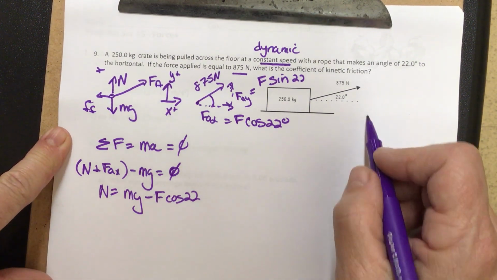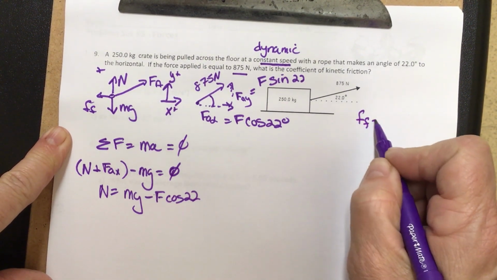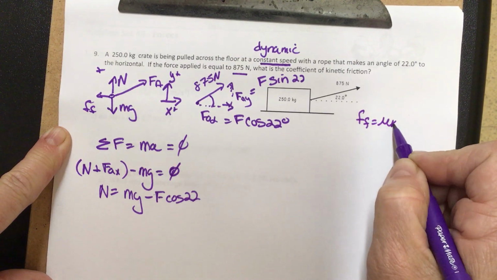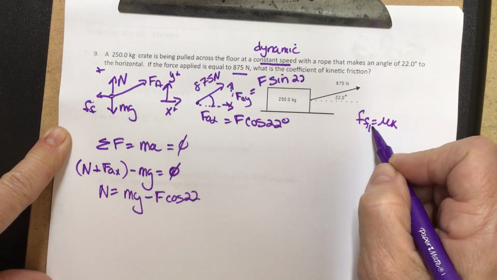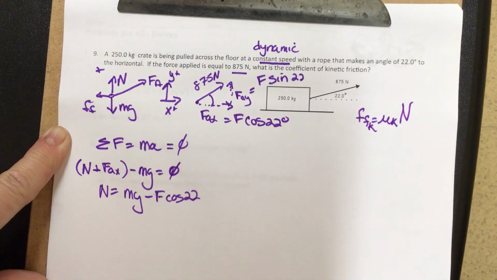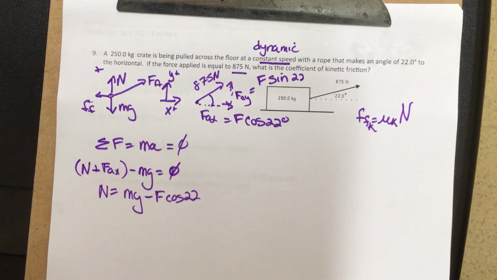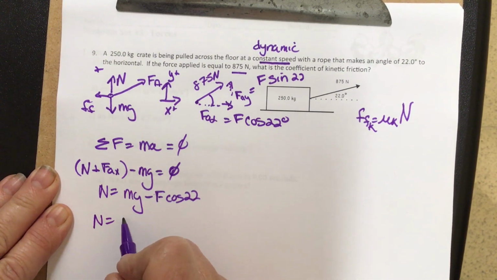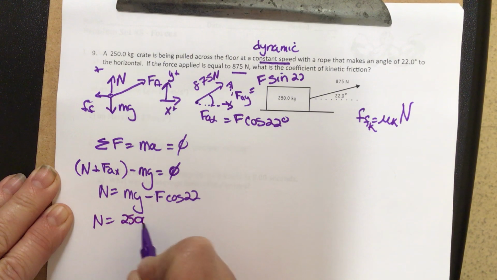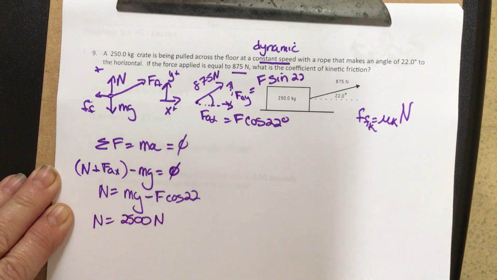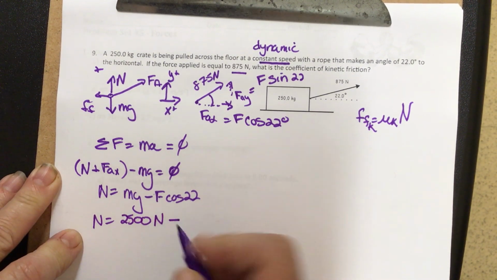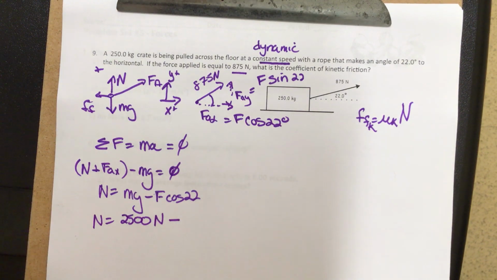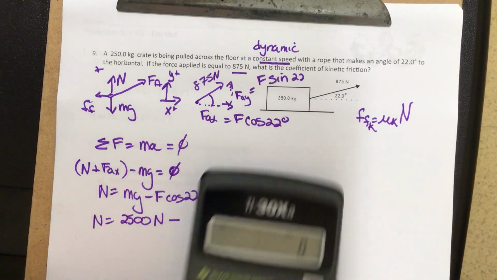And one thing we do know is that friction is equal to mu, and this is kinetic, of course. So that's the friction kinetic times the normal force. So it requires us then to solve for something in the y direction. All right, so let's put it in. So normal force is equal to the weight. So that's 2,500 newtons. I got a big hefty crate. And we're going to subtract our force applied in the y direction. So that's